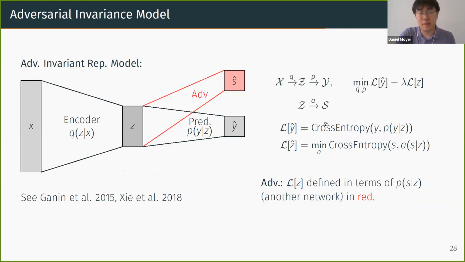The common way to do this is to make this a two-branch network and have S be an adversary. We train some network to try and predict S from Z, and then we try and make that adversary as bad as possible. We flip that loss and maximize the adversarial loss during the primary step of the training. The most recent time this has come up is Ben-David et al. and Ganin et al. from 2010 and 2015 with domain adversarial neural networks and their variant applications. But it's a common idea throughout the literature.